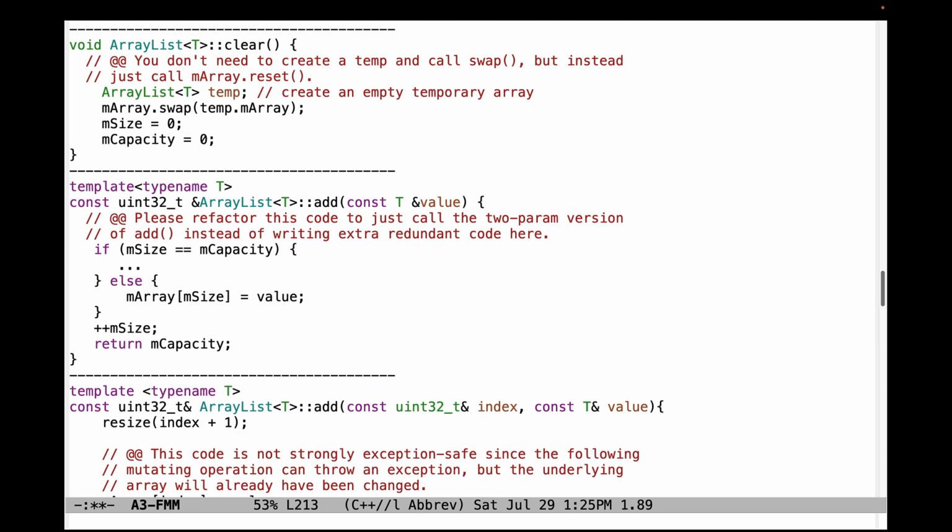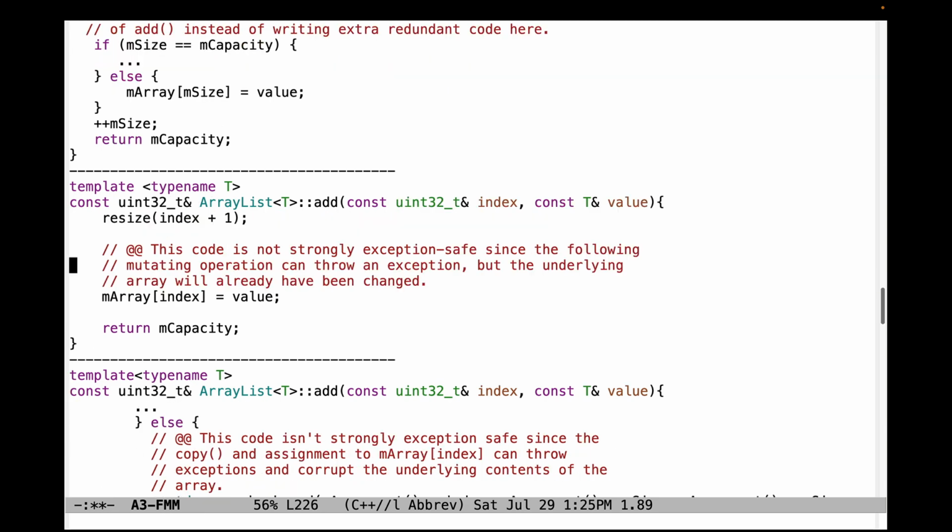The one parameter add method should just call the 2 parameter version rather than duplicating code, so you don't need to do that. This particular piece of code, in addition to just calling the 1 parameter, this is the 2 parameter version. I left out a lot of stuff in here, but the main thing to note is that code like this is not strongly exception safe, because you're assigning a value which could throw an exception, which could damage the underlying array or corrupt it. So you have to make sure that you do that on a temporary and then swap when you're all done